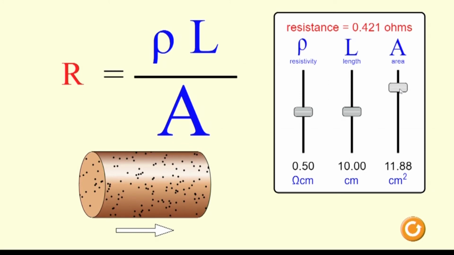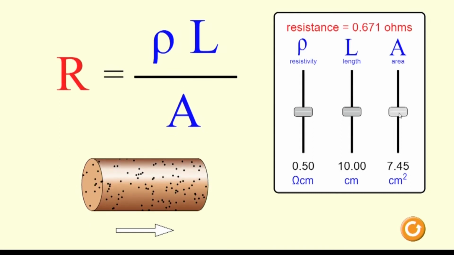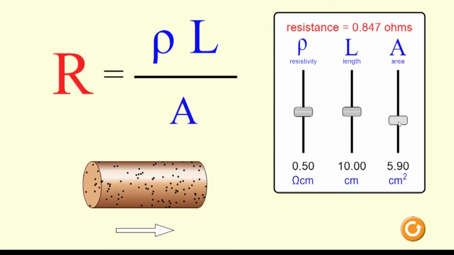So when we increase the area of cross section, we observe that the resistance of the conducting wire is decreasing. As soon as we decrease the area of cross section, we observe that the resistance of the